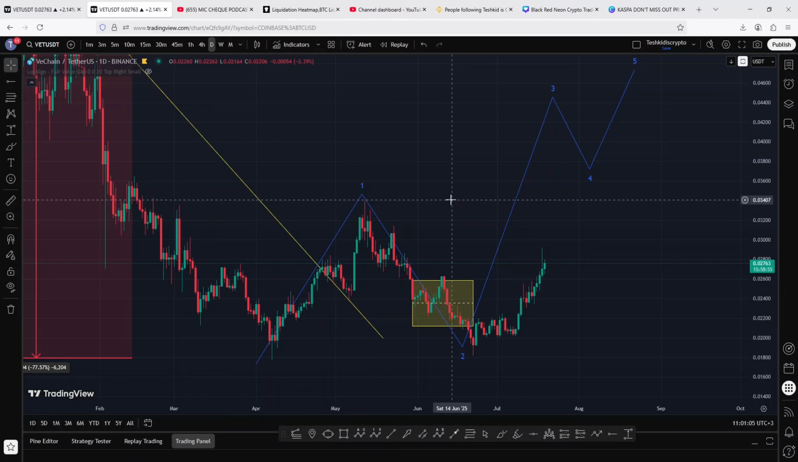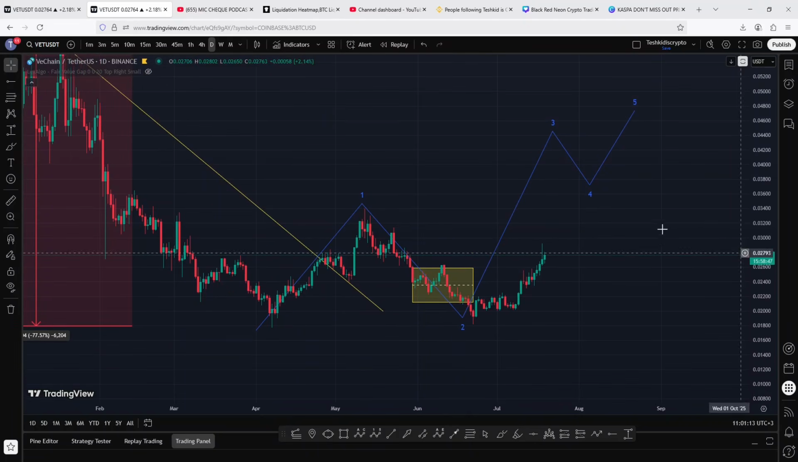Now I'm watching for a break above the swing highs we made above the 0.0315 and the high we made in the formation of this first wave above the 0.034. And the moment we manage to break above those significant highs, that will be a clear indication that a more bullish case scenario in the formation of this wave 3 is now unfolding,